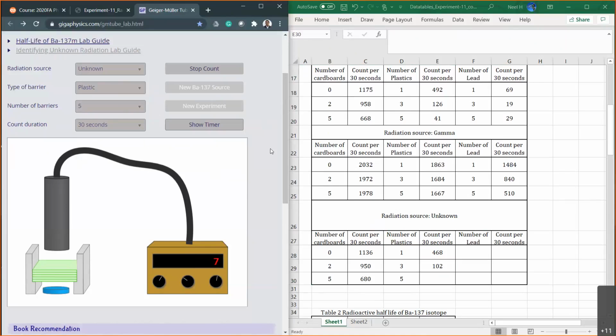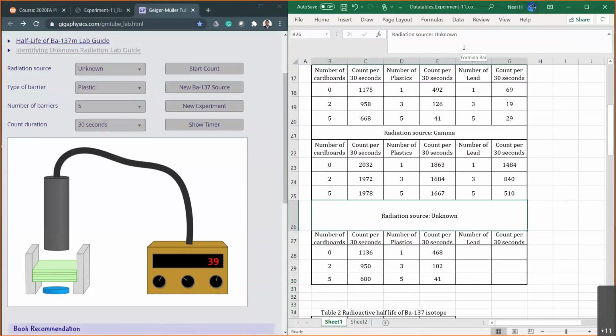It should cut down all the way to a number close to the background radiation. 39, I got 41 earlier. That's a good number. So you can write that information which I mentioned earlier, how you get this value,